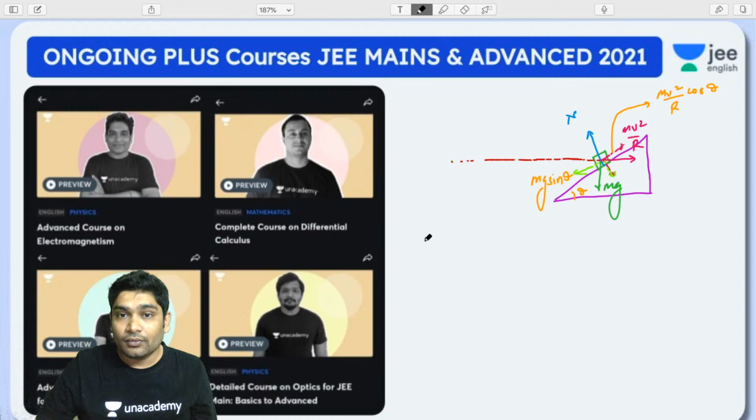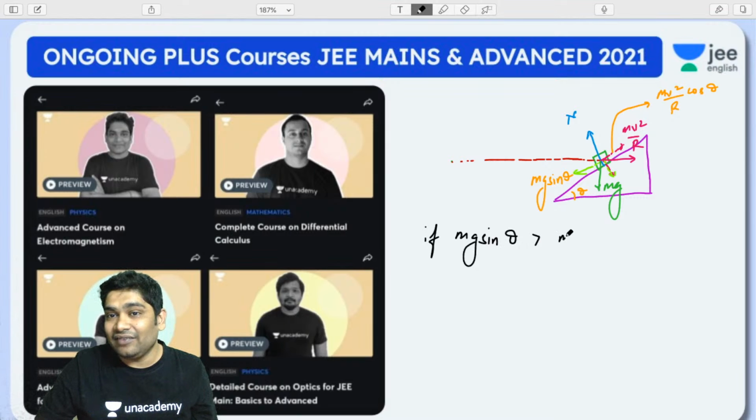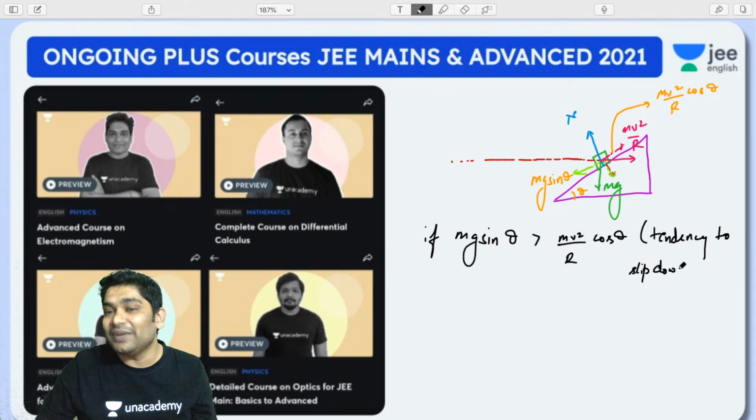Okay. So if mg sin theta is greater than mv square by r cos theta, tendency to slip down and friction will be up, right? Now, if you increase the speed while taking the turn,